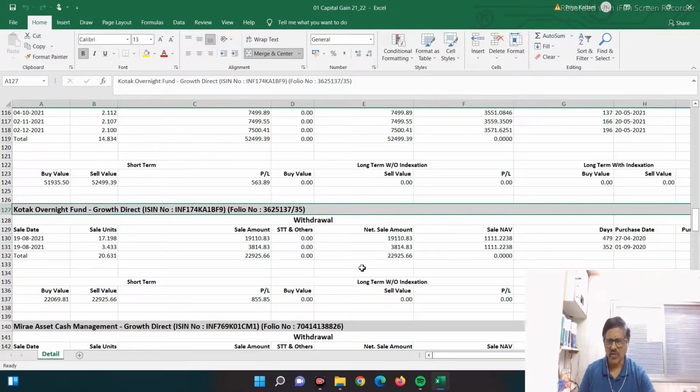So I called him to my office. I showed him how we worked and how we prepared his return. It was a 50-page statement of income containing all capital gain statements. So a fee of rupees 10,000 was also a very small amount considering the labor hours and experienced people involved in